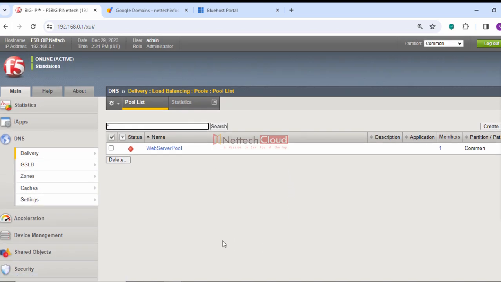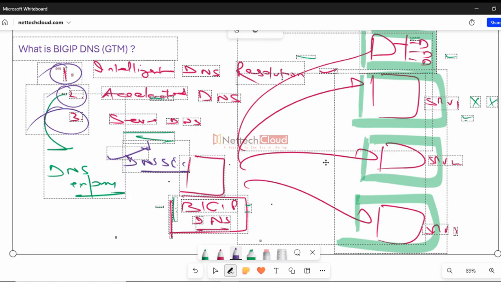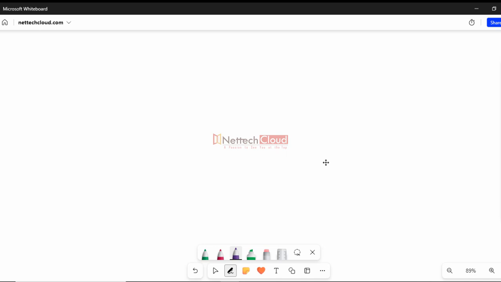Okay. So I hope you understand what BIG-IP DNS or GTM is. BIG-IP DNS or GTM, Global Traffic Manager, is intelligent name to IP translation. Intelligent name to IP translation, right? In the next section, what I will do is a side-by-side comparison between F5 Big-IP DNS